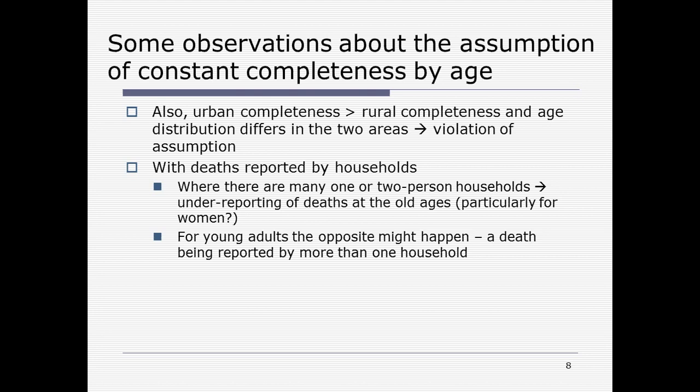Lastly, when you're looking at data, deaths reported by household in the census, you have a problem in countries where there are many one or two person households, because very often the death's not reported. The household, if it's only one person, there isn't a household to report it. But quite often, if it's a two-person household, the second person may well not stay in that household. Death doesn't get reported. In South Africa, we have an additional problem for particularly the white population group, because they go to old age homes, so you can't capture those deaths either in the household survey.